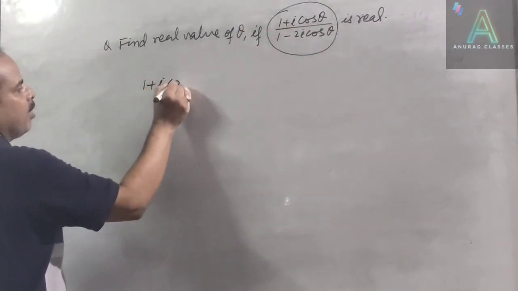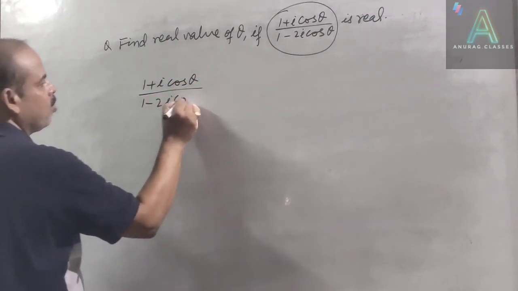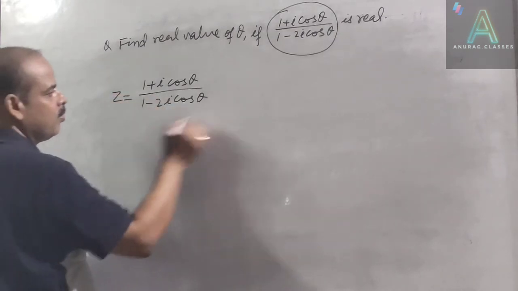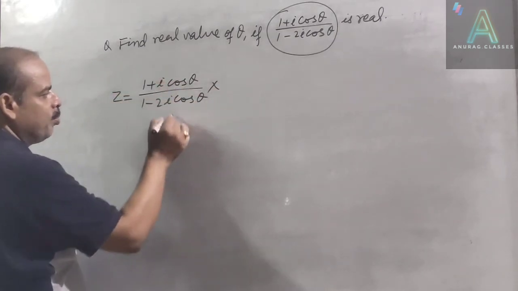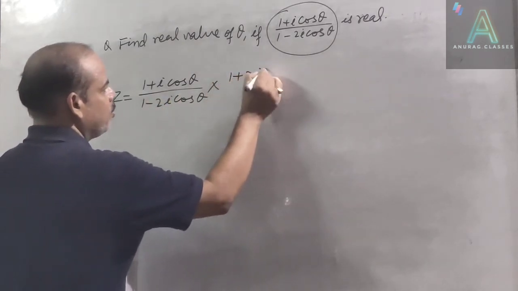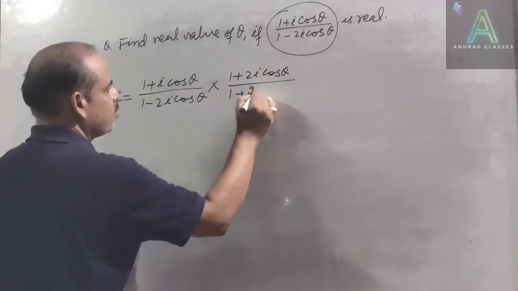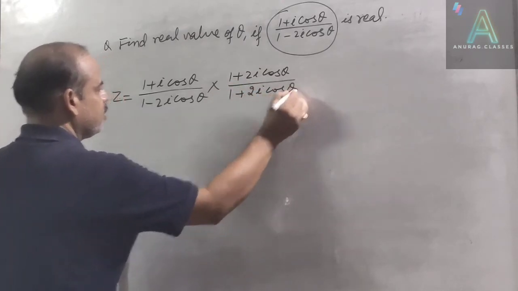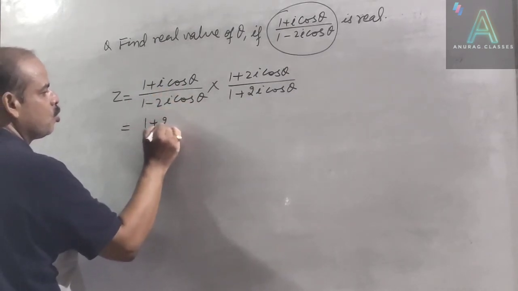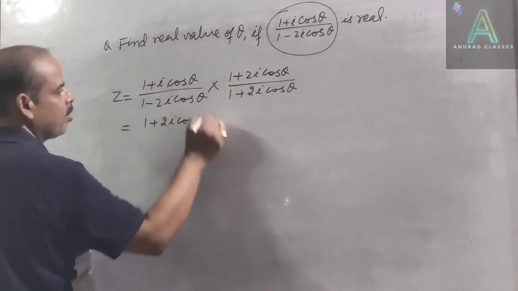1 plus iota cos theta by 1 minus 2 iota cos theta. Let us take this number as z, and now we multiply the numerator and denominator by the conjugate. So 1 plus 2 iota cos theta divided by 1 plus 2 iota cos theta. In numerator it is 1 plus 2 iota cos theta plus iota cos theta